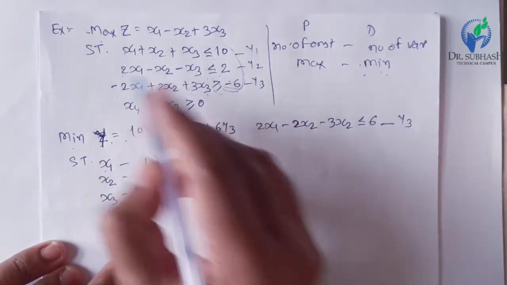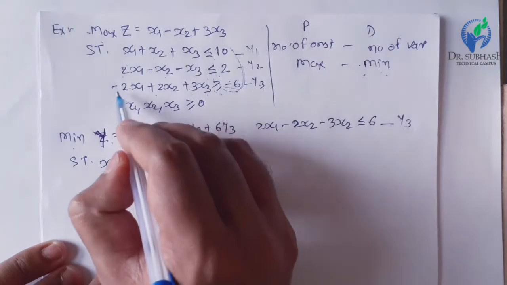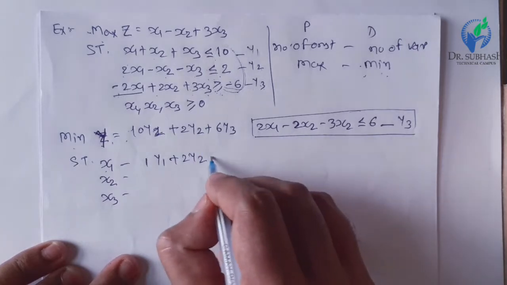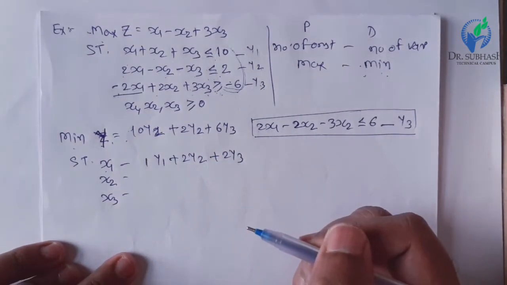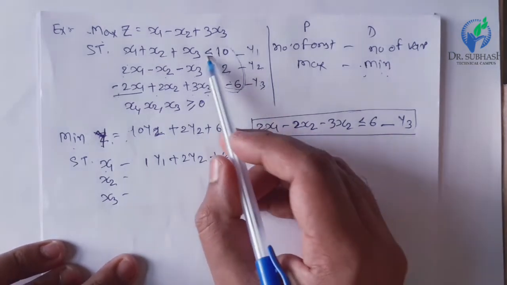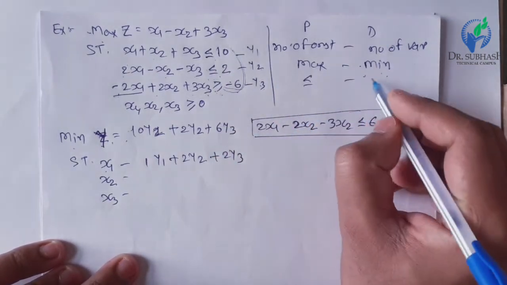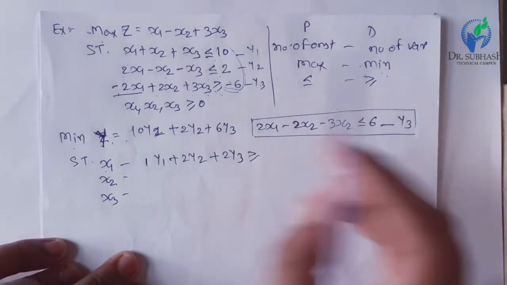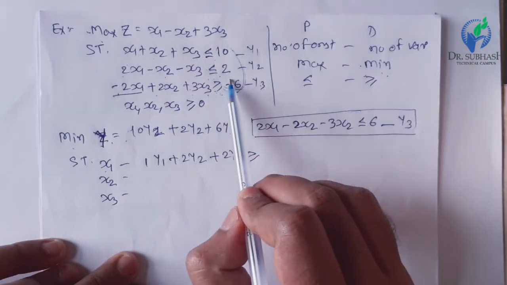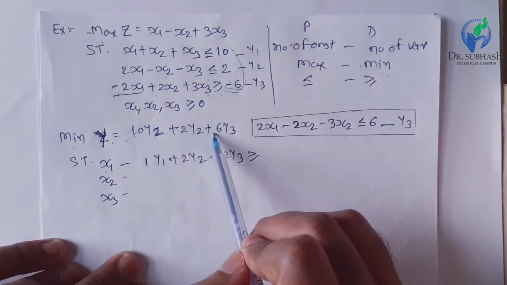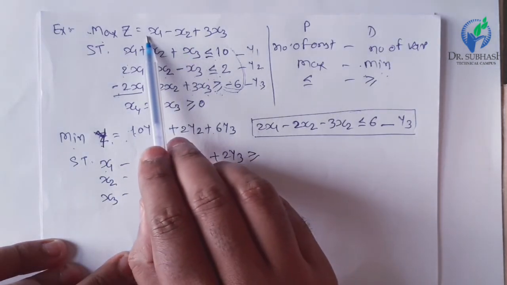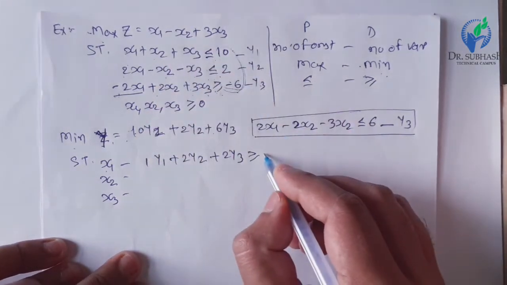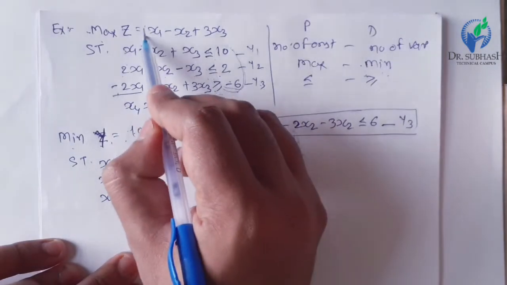1y1 from here plus 2y2 minus, but we will consider this constraint as a third constraint, so plus 2y3. Now if the constraint is less than or equal to type in the primal, then for the dual it will be a greater than or equal to type. So here greater than or equal to, and what will be the right hand side? Again vice versa, the right hand side of the primal will become the coefficient in the dual, and the coefficient in the objective function will be the right hand side in the dual. So greater than or equal to 1, here this is the 1.